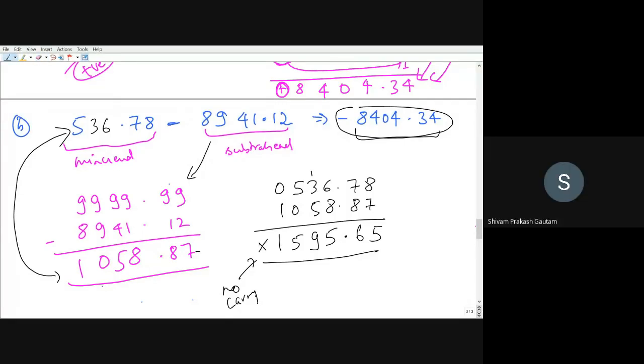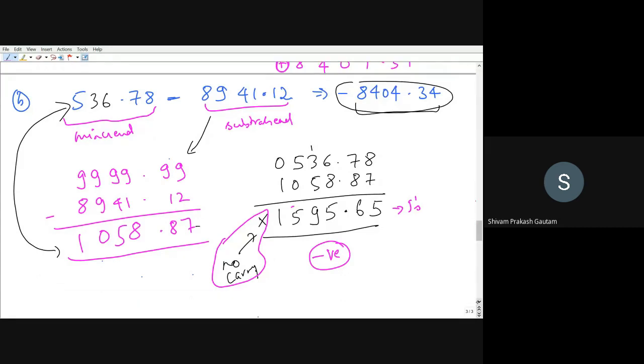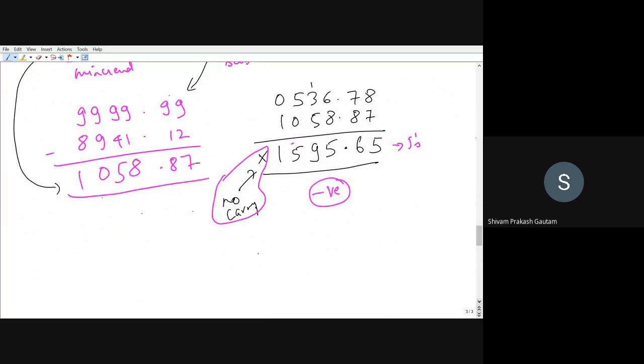Now it is okay. Yes, sir. So what I want to emphasize here is that there is no carry. You can see there is no carry, right? That means the number is negative. The final answer will be negative. Right now, this is in the 9's complement. So we have to take again the 9's complement of this number. If you want to take out the 9's complement, just see how many digits are there, 4 digits and 2 digits. So subtract it from the maximum.